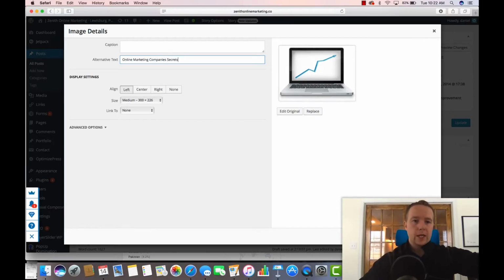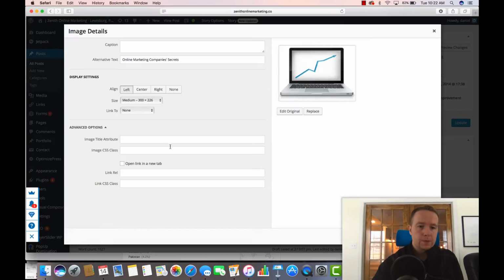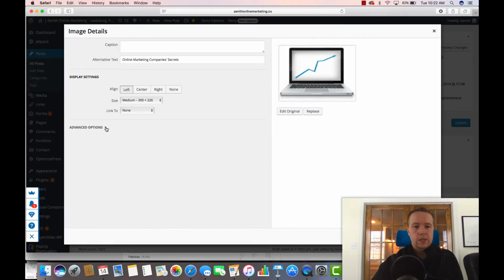You can really put anything in here, it's not that important. But online marketing companies secrets, okay? Just put a little thing there. Now that's the alternative text, and that's like an alt tag for the image. You don't need to really know anything about the advanced options at this stage, but the alternative text really allows